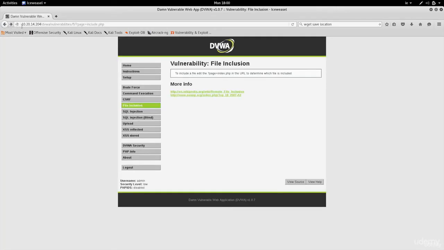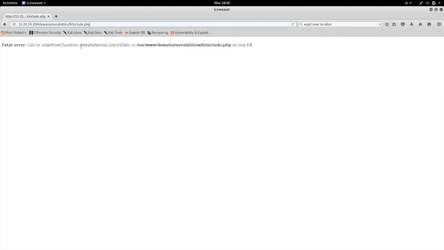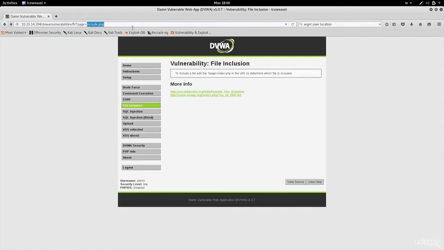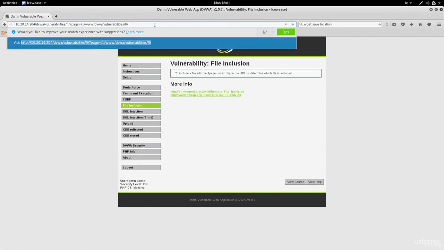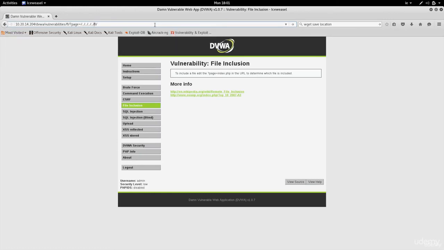dot dot slash. And let's try and do that. So at the moment, we're accessing this current file. And just to make it easier for you, actually, let's just put the full path right here. On the page, it's trying to access this page. So what we actually want is a place called etc password. So we need to go back 5 times for these directories. So we're going back, back, back, back, and back. And then we're going to go to etc